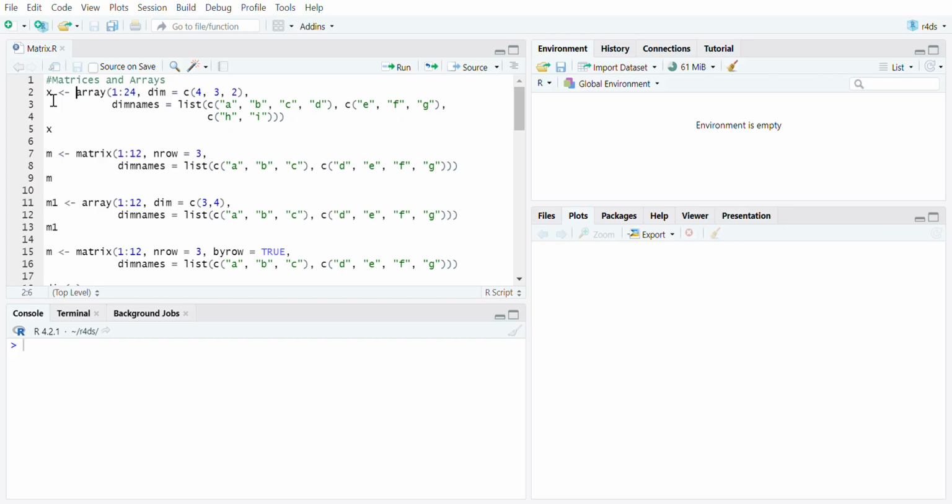Using the syntax array of, suppose I'm giving 1 to 24, the values in the array are 1, 2, 3, 4, 5, 6, etc. up to 24. And dim tells what the dimension of the array is. Dim equal to c(4, 3, 2) means it is a three-dimensional array with 4 rows, 3 columns, and the third